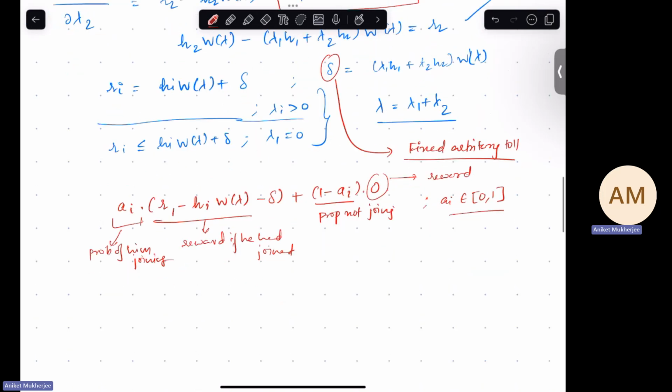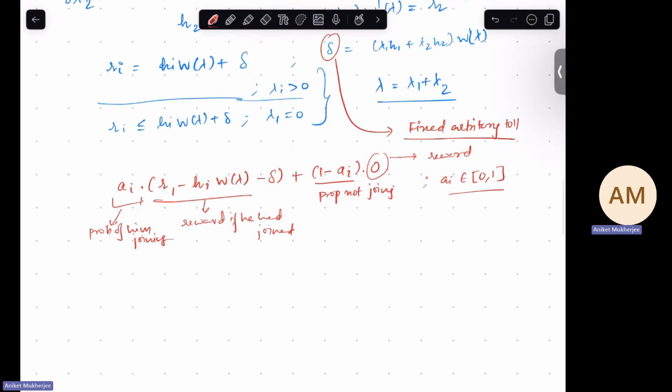So in other words, the class i customer who joins receives the net benefit R_i minus H_i W(lambda) minus the toll delta that he has to pay to use the facility. A customer who refuses to join, or who walks away, receives or pays nothing. So there is no reward, there is no cost. Then it is easy to see that the arrival rates